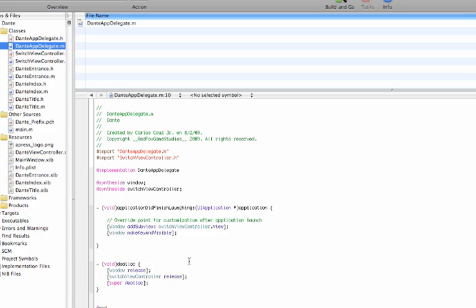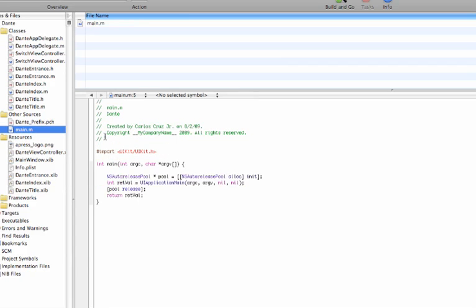We do the same thing with switch view controller, and we release all of the necessary memory that we have. That also happens in the Other Sources folder in the main.m,